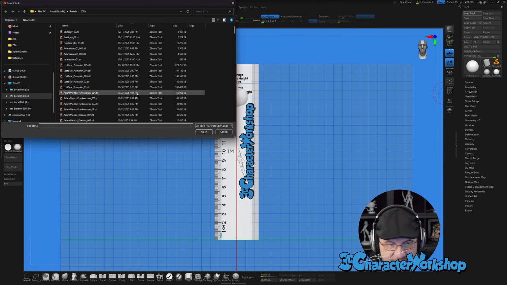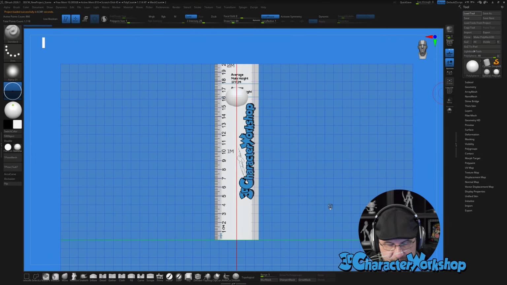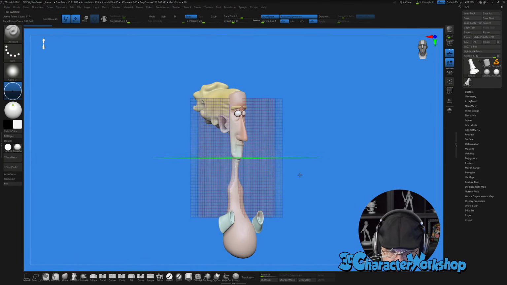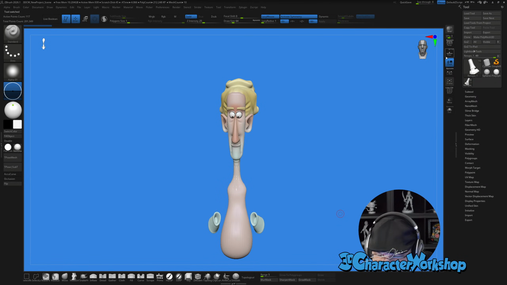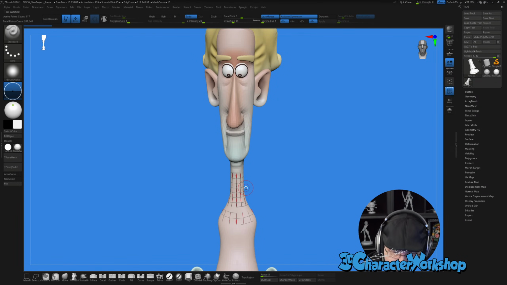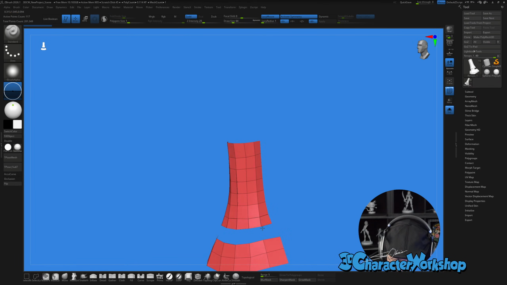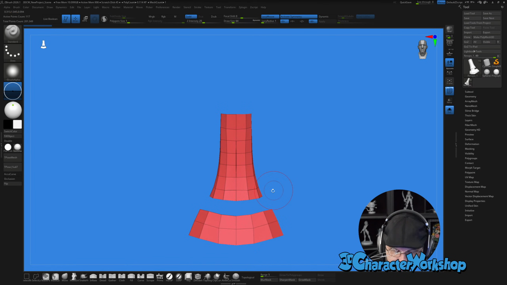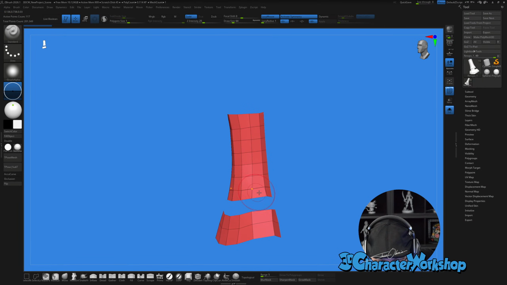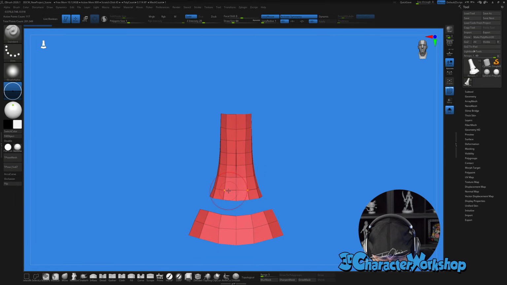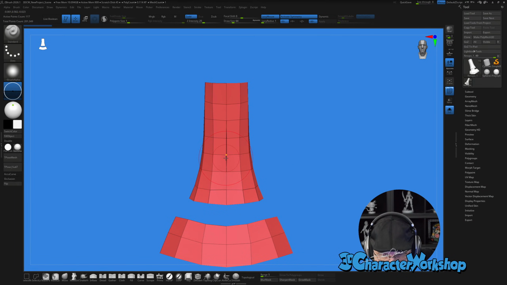Okay, one more time. This time with gusto. Okay, let's see where it left us. It's always a mystery, like where did it leave us? Okay. It left us like this. Oh man, that's probably why it was not working. Can you see how it looks like it has more than one face in here? I don't know what's going on.